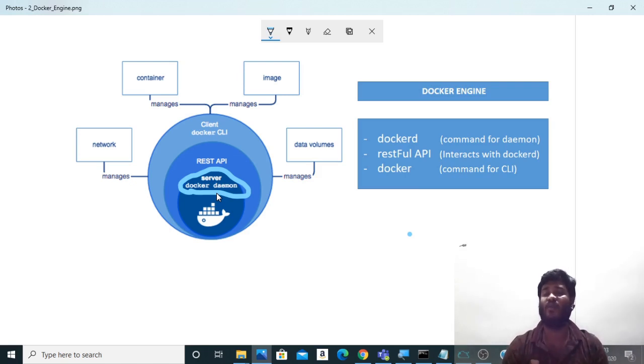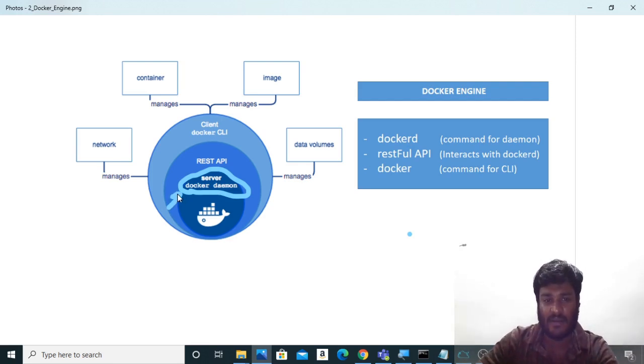So our operating system does not get involved. If Docker is running on Windows, Windows will not be involved with Docker. If a container talks to the hardware, it will talk to the hardware by itself. It will not send a request to the hardware via the operating system. So we can run multiple images or multiple containers within a single operating system, and all of this is managed by the Docker daemon.